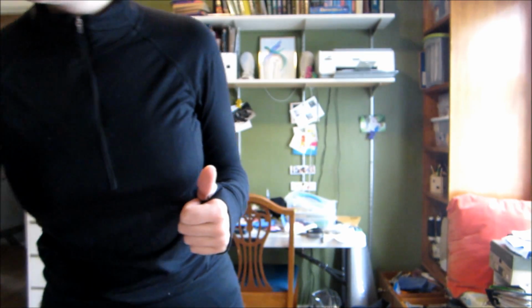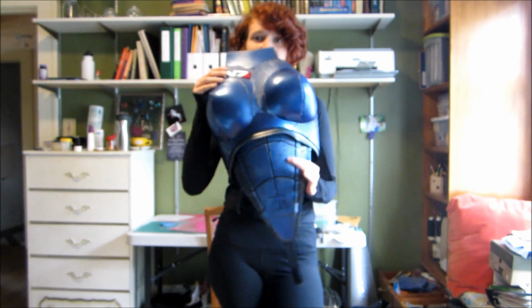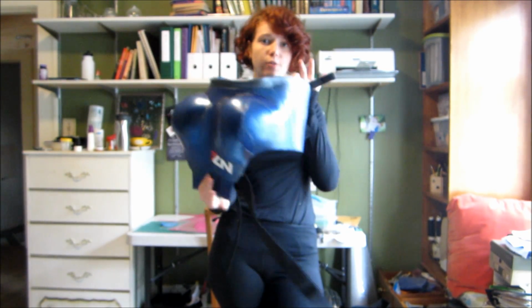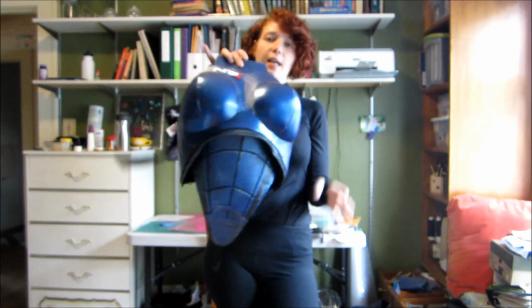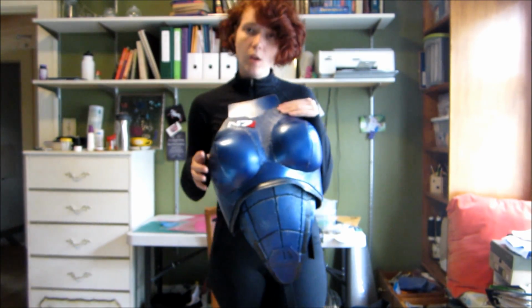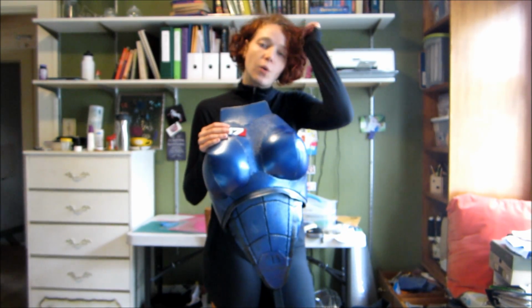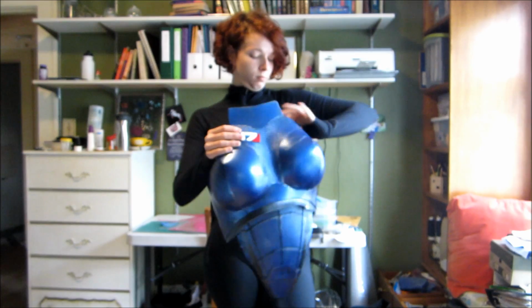So once I have the undersuit on, then I have the two pieces that go for my torso, for the front and the back. So this is the front that I made, and it is actually in two pieces for the front. There is a belly plate and the chest plate. These are technical terms. Everything was constructed using a 1/4 inch EVA foam, a little bit of 1/2 inch EVA foam and some thinner craft foam, but the bulk of it is that 1/4 inch stuff